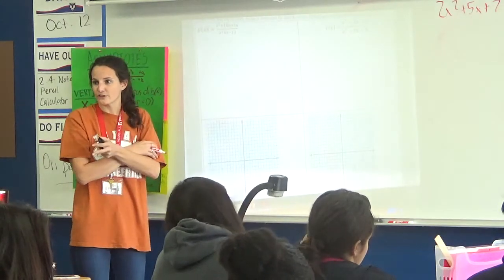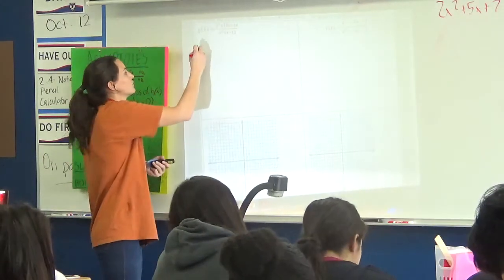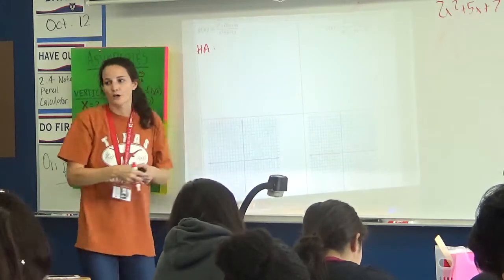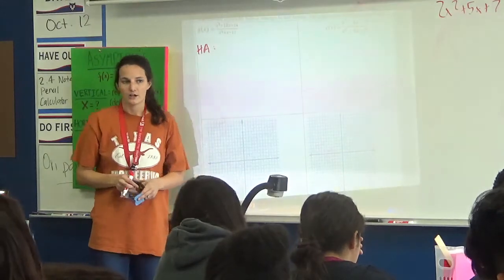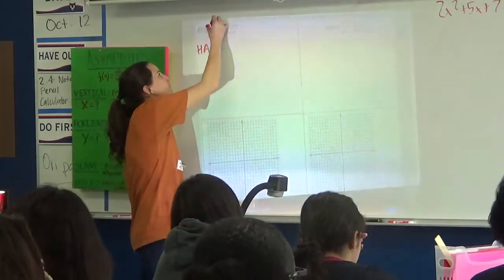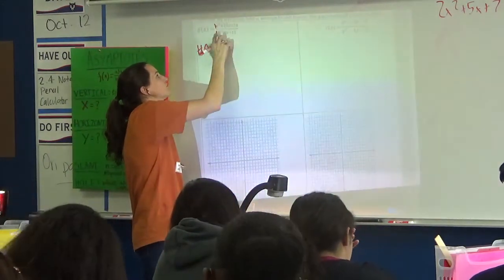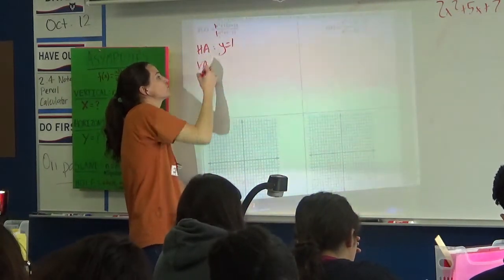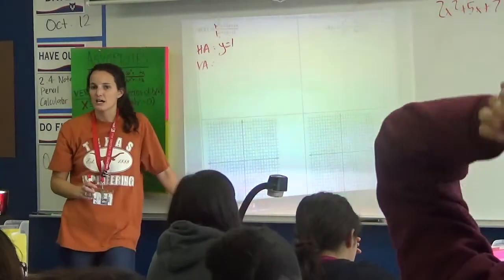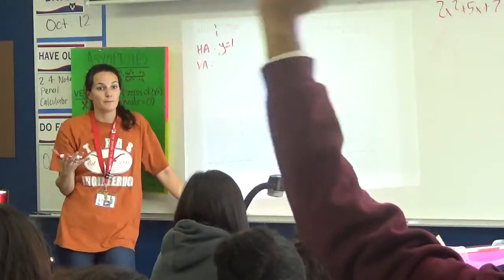Let's do horizontal first, because that's safe. Okay? Horizontal asymptote. Bigger on bottom, bigger on top, where exponents are the same. I heard someone say that they're the same. So we're dividing. 1 divided by 1 is 1. Okay. Now when we get to our vertical asymptotes, we have to be careful, because we would factor the bottom,